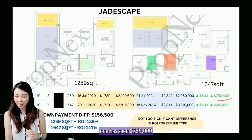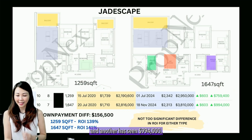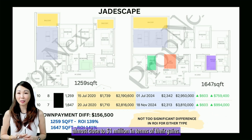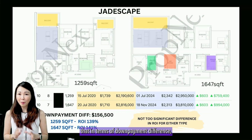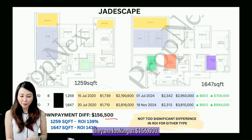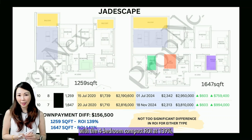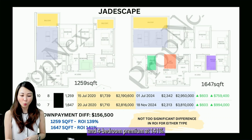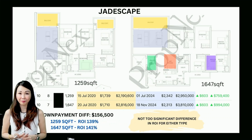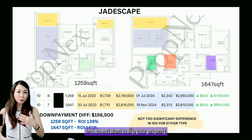One has seen 759,000 for the 4-bedroom compact, and another has seen 994,000, almost close to $1 million in terms of their gains. This means to say that in terms of down payment difference, they are looking at 156,000 with a 4-bedroom compact ROI at 139% and 4-bedroom premium at 141%. So again, if you're someone who is looking at long-term holding and do not want to flip your property